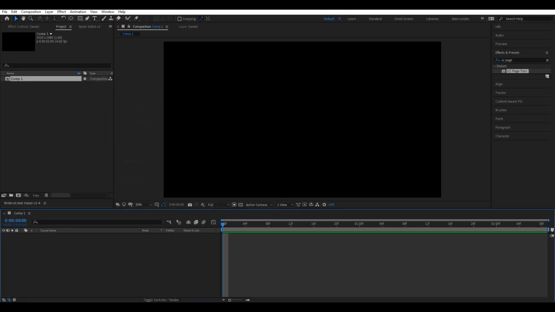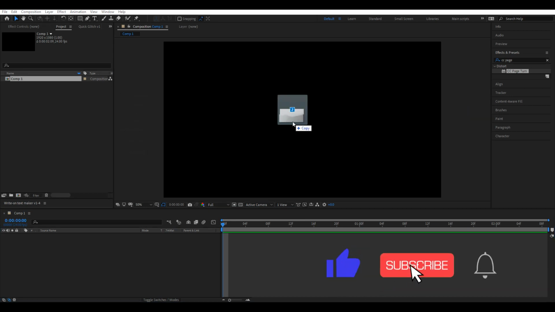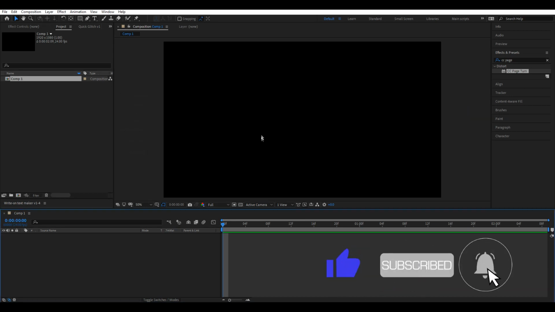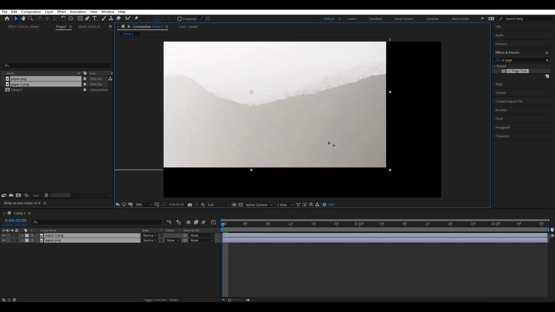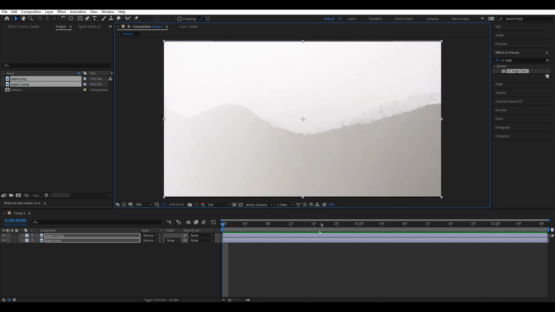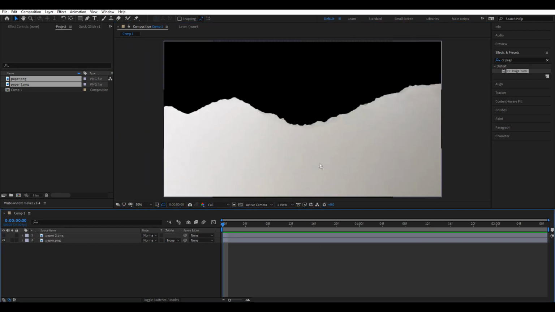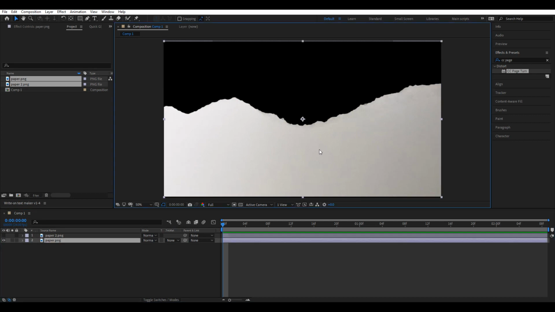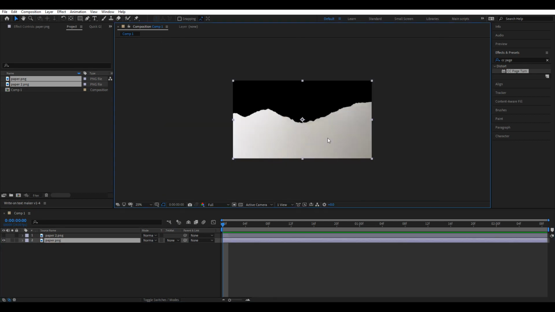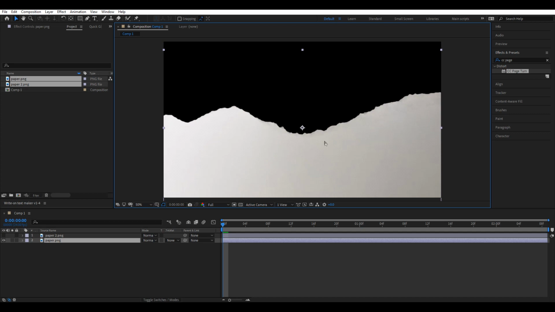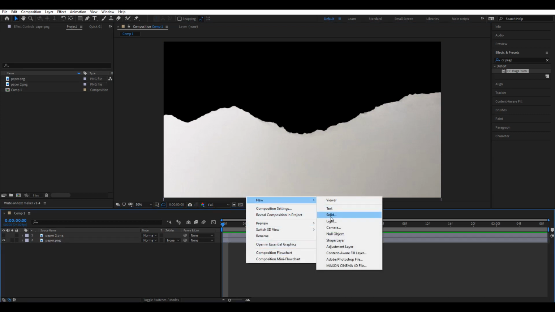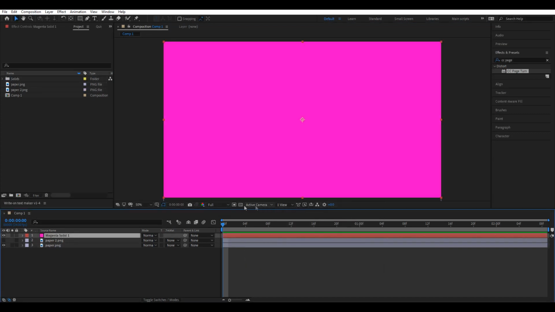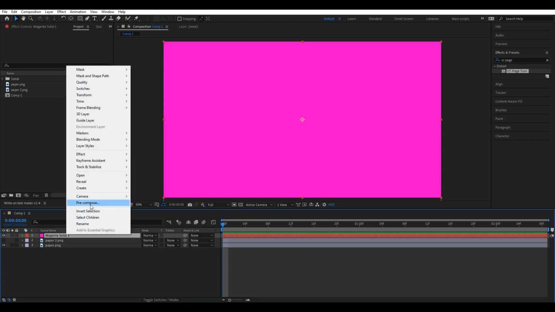And let's start. I create a new composition and I import my paper pictures. It's just the photos of paper I made. I tore up a paper sheet and took two photos of the two parts. So let's create a new solid. It's gonna be our footage, and let's